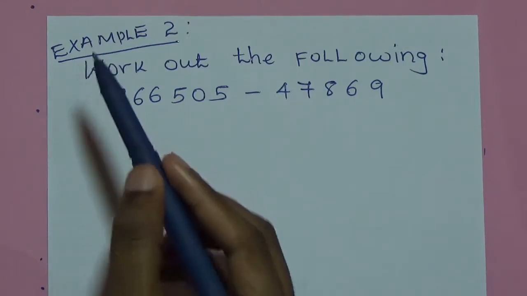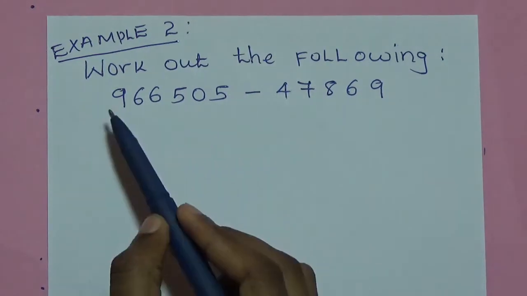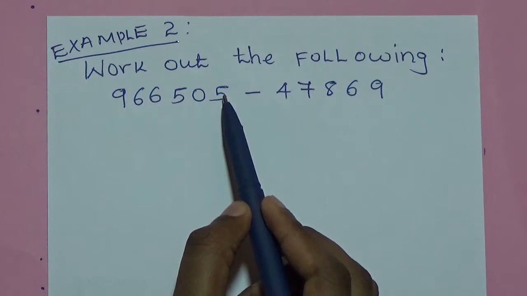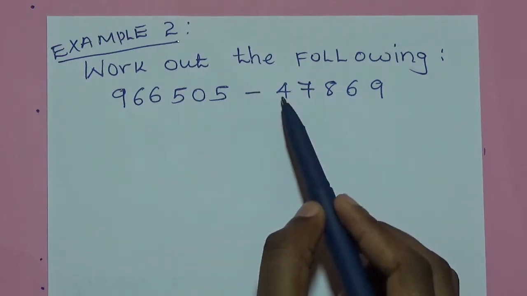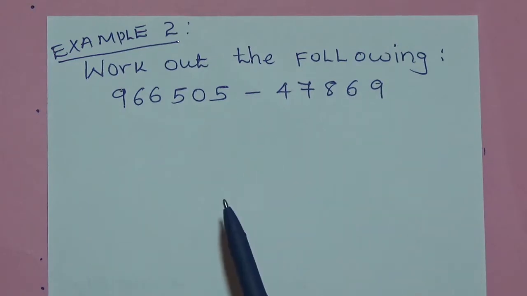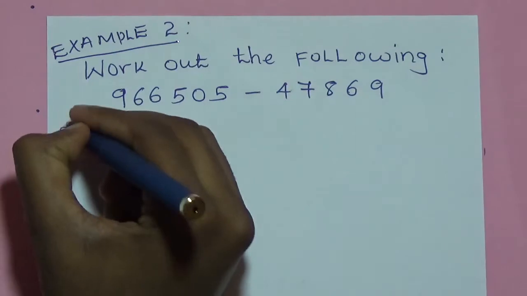We look at the second example. We are told to work out the following: 966,505 we subtract 47,869. We are going to use the same method. So, step number 1,